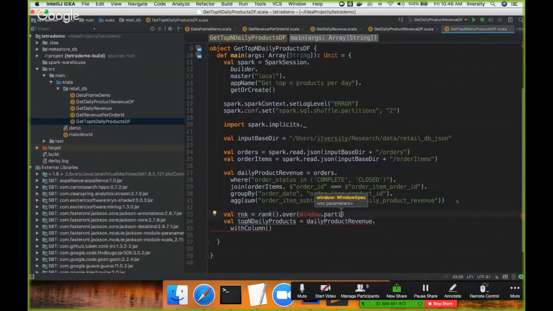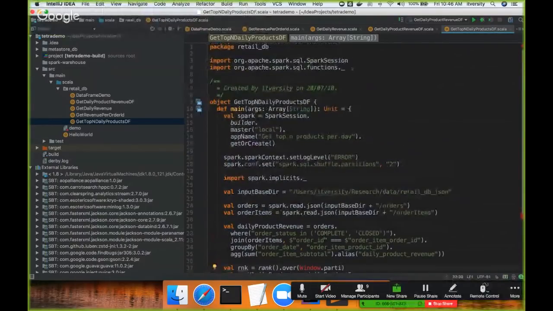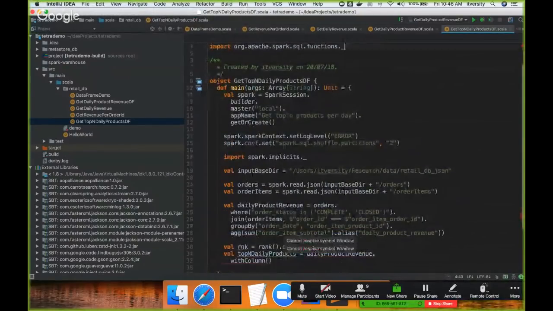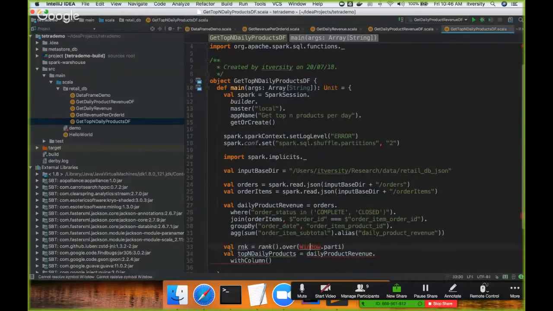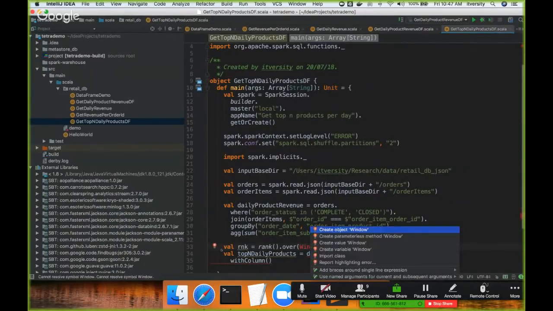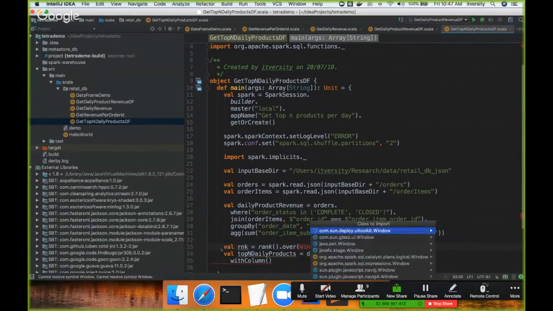The reason why it is not trying to autofill is because we haven't imported the package which contains this Window and WindowSpec. So I can keep the cursor here, and actually it should prompt. It should prompt, and we can autofill. Okay, let me say function alt enter. Yeah, let me say import class, and we are talking about